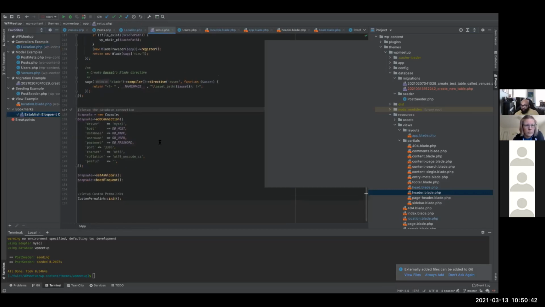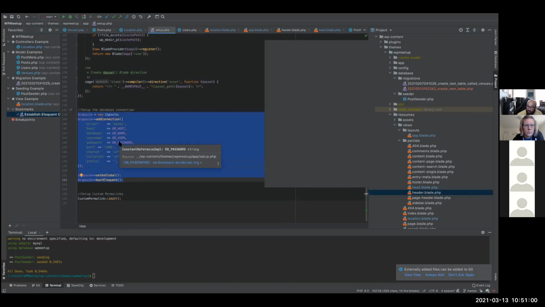In your theme, you can do this in the functions file or any other file that's called initially with your theme. Right here, this is all it takes to get a model system started. You just pass in the variables WordPress already has for your database connection. They have a class called Capsule, and this is all in the documentation for Eloquent.